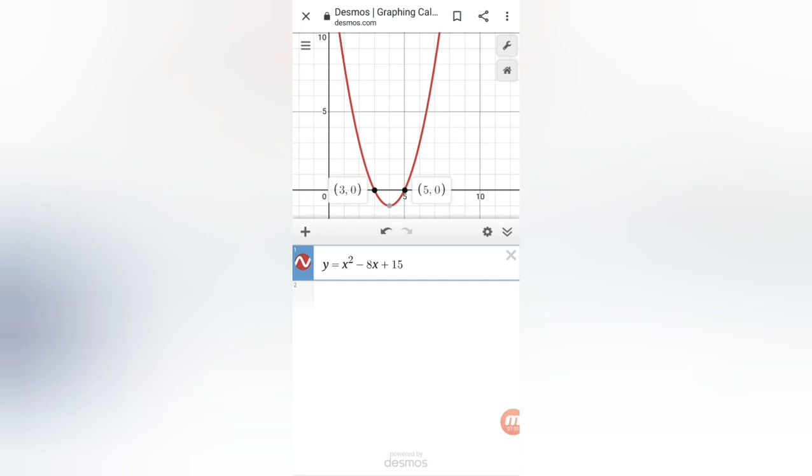And you can further move ahead for looking for other points, whether they are on the graph or not. Suppose I select some other point, and I can ask whether that point is on the graph or not. 4, minus 1, it is on the graph, and obviously it satisfies this polynomial also. And for x equal to 4, you will obviously get y equal to minus 1. That is why it is plotted on the graph.